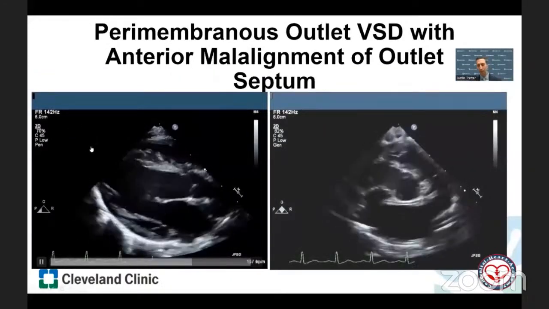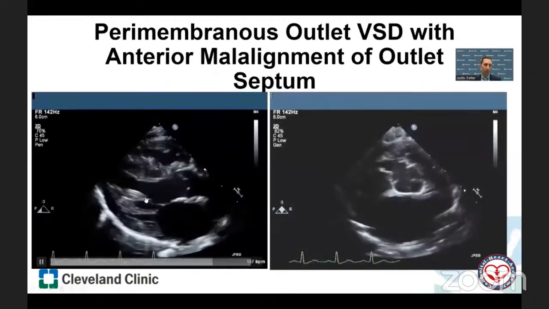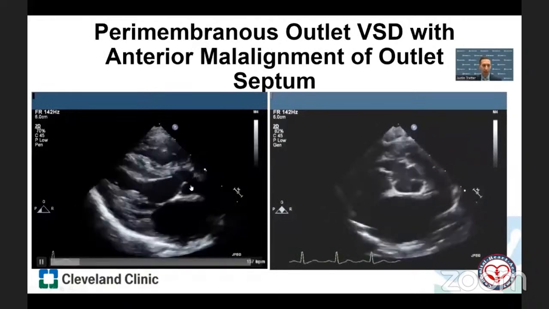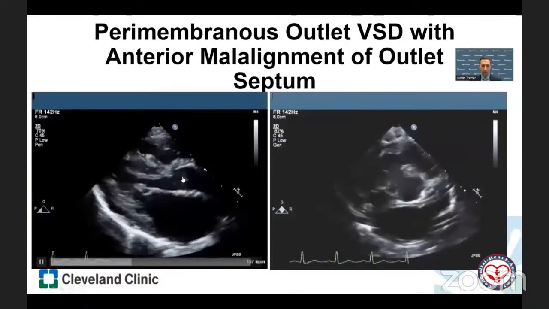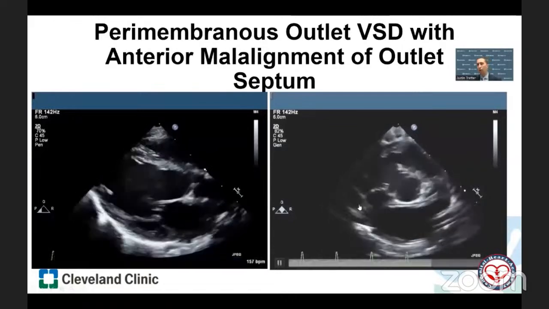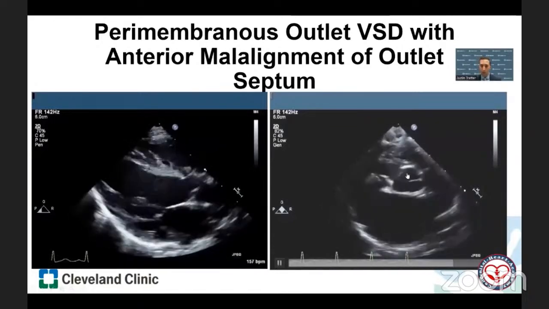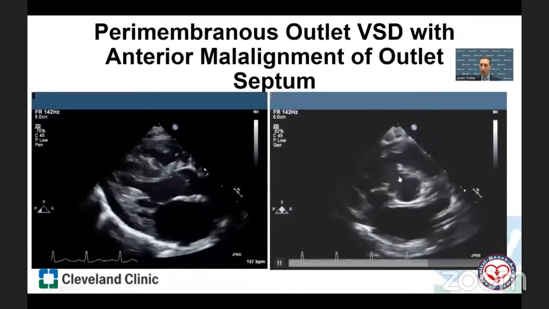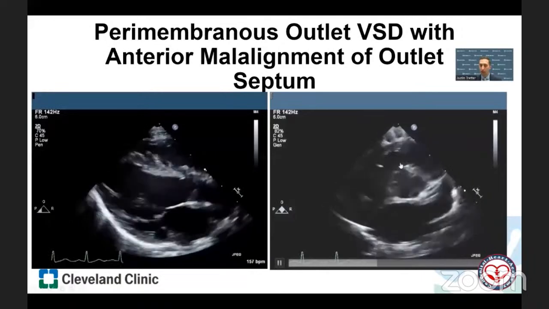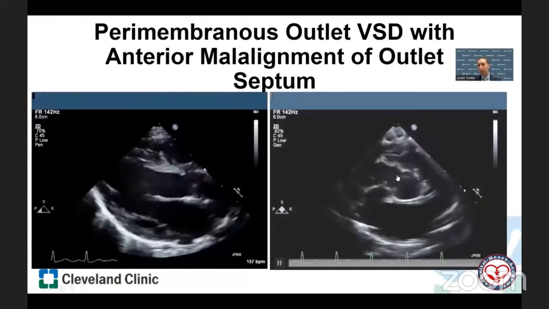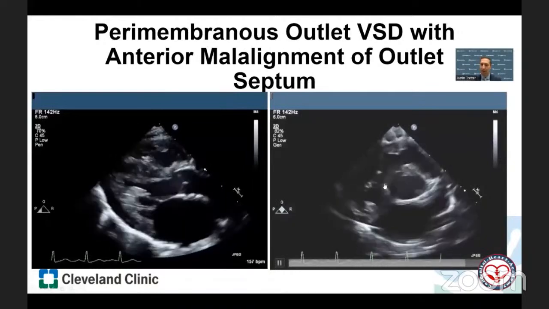And then lastly, thinking about outlet extension, if we look at a parasternal long axis at the left ventricular outflow tract, the aortic valve, there's a defect there under the aortic valve. There's the outlet septum. It's tipped anteriorly. We look at the parasternal short axis view, the aortic valve en face. We see the defect extending from 9 to about 12 o'clock. There's the medial papillary muscle attaching to the anterior margin of the defect. That, however, can be highly variable, but just wanted to point it out.